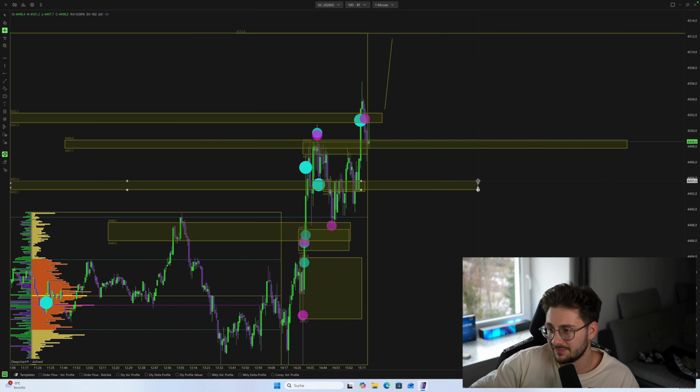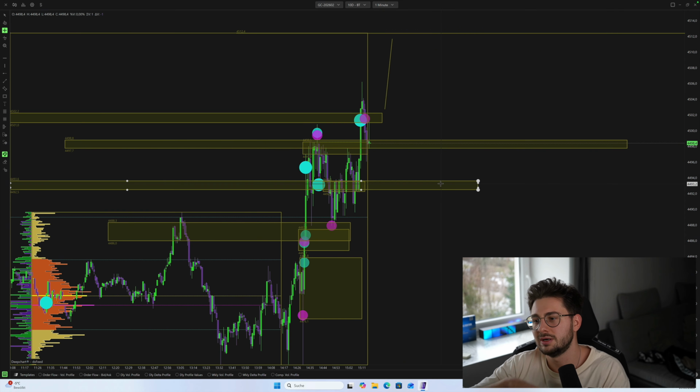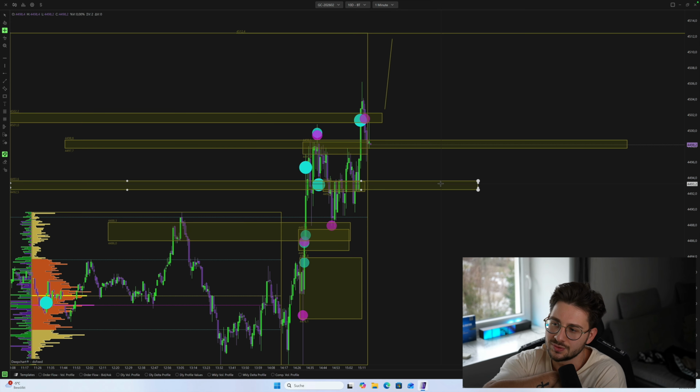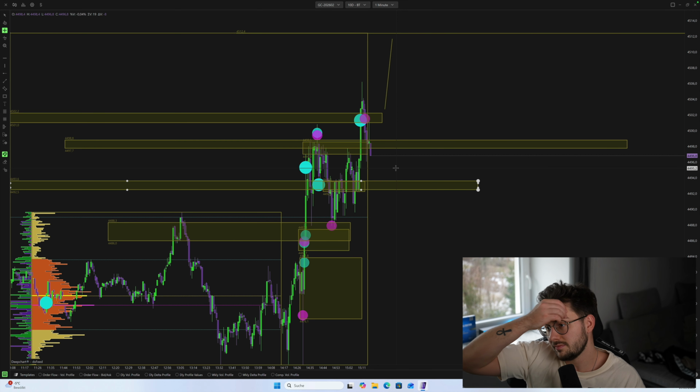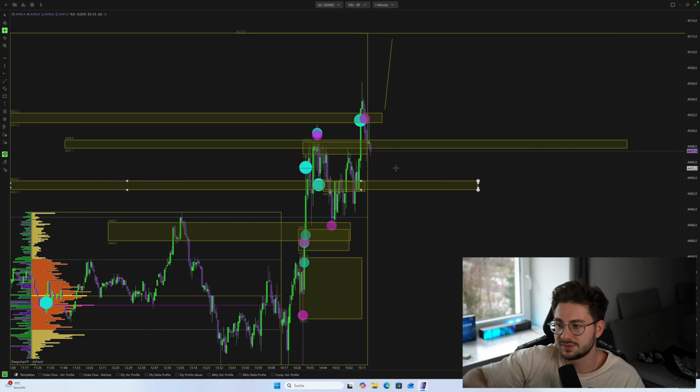This level is stronger. We have more buyers sitting here to bring the market back up. And here you have right now enough sellers to bring it down. And in the middle, you have a few buyers who want to bring it up. But from my point of view, I think we will not hit TP till the market open, unfortunately. I think we're going to come and retest this, and then from here shoot all the way back up.